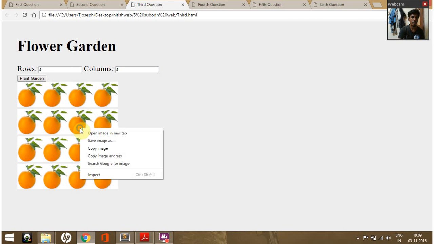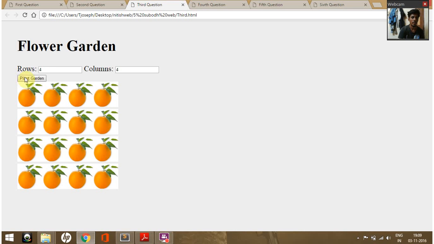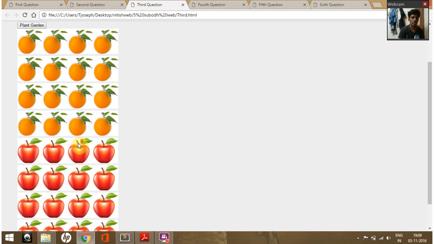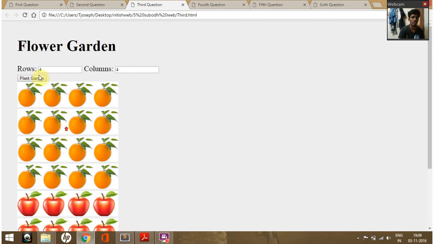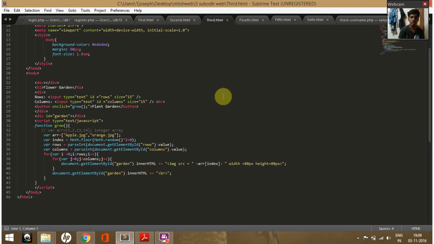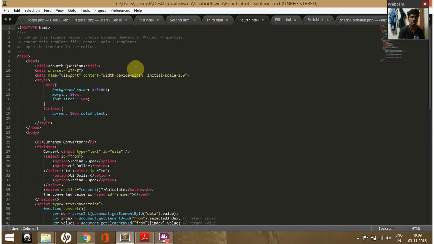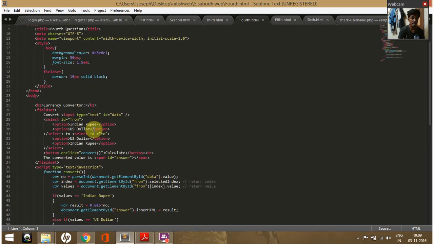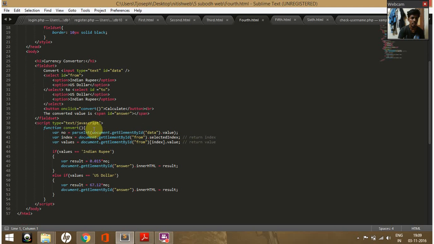So like this, we can plant our own garden. The next question is to create a currency converter, and for that I use the function convert, and